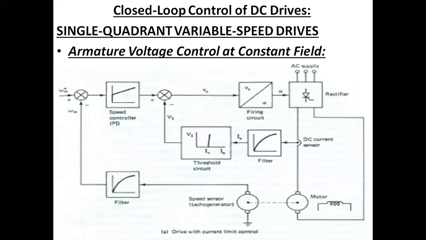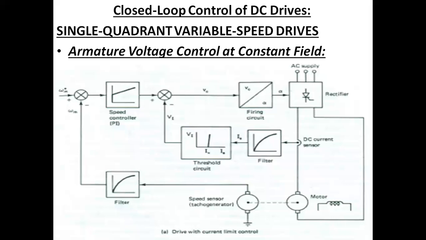Okay, so this will give accurate steady state performance because we are providing additional feedback loops here. These are provided for limiting the parameters to safe or acceptable limits, so that we get an improvement in the dynamic performance. So here we mainly consider closed loop variable speed drives, which are widely used in industries.